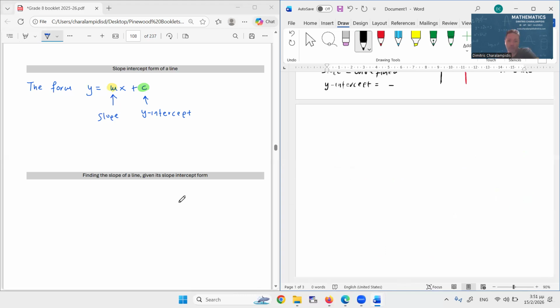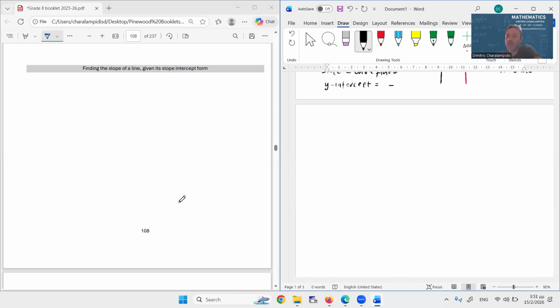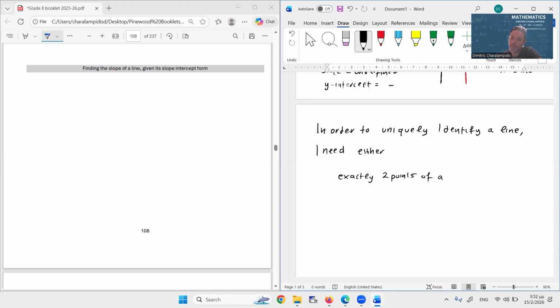Before we do that, however, we need to acknowledge the following, that in order to uniquely identify a line, I need either exactly 2 points of the line